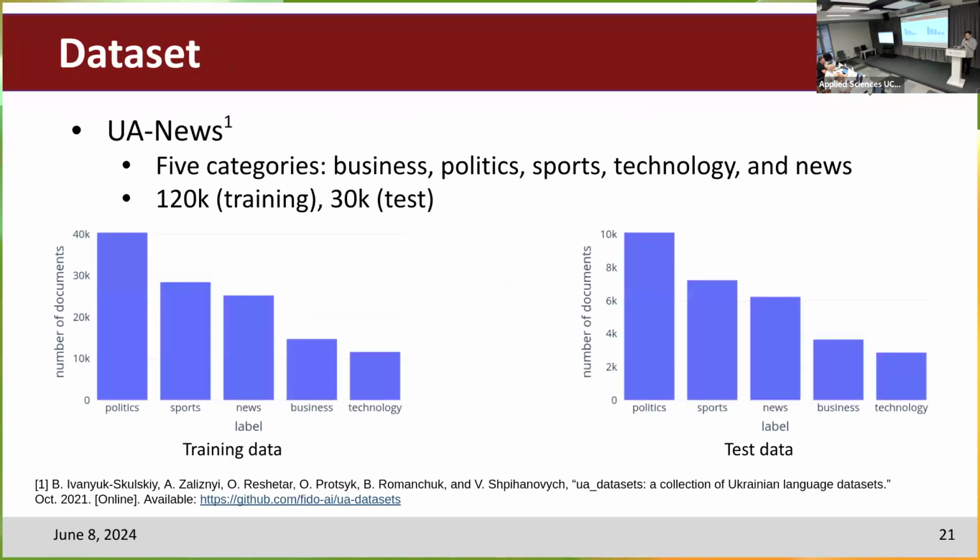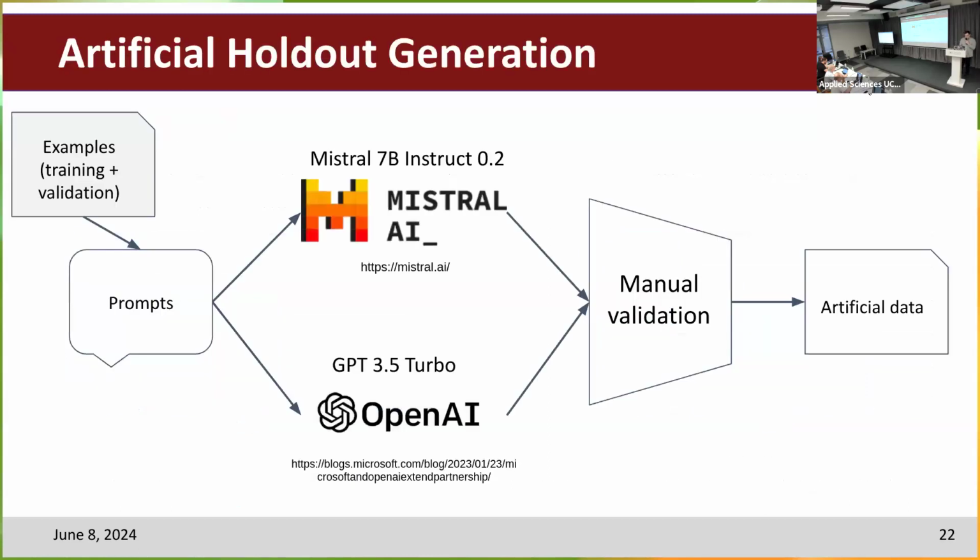For the dataset, we used UA News, which is a dataset of news from Ukrainian online media, where texts are broken into 5 categories: business, politics, sports, technology, and news, which is an umbrella category consisting of examples that do not fit into the rest. As you can see, the distribution of data here is skewed, which has implications on our work, which I will talk about shortly. As for the artificial